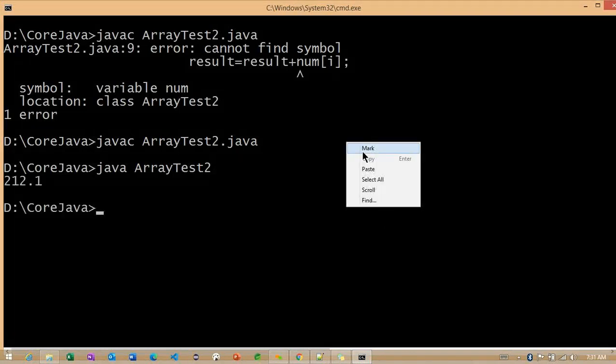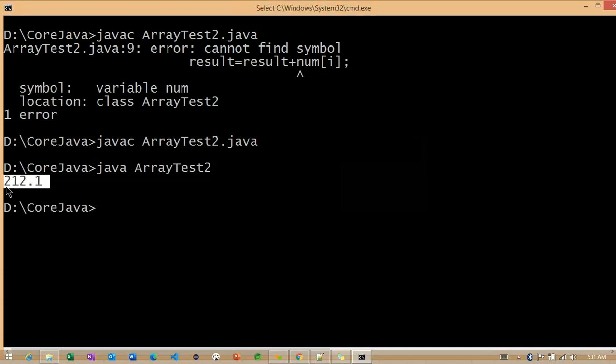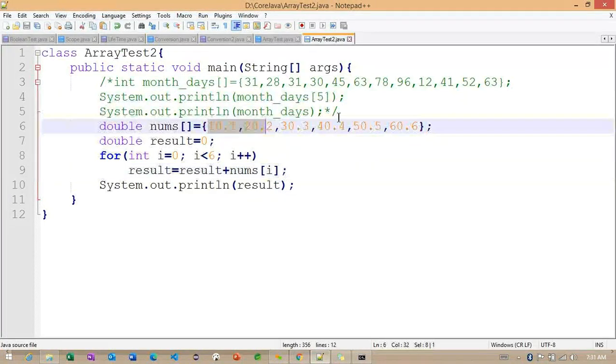So this is the final value of all the values which we have inside this particular double array. Getting the point? So this is the max value of all these particular values here.